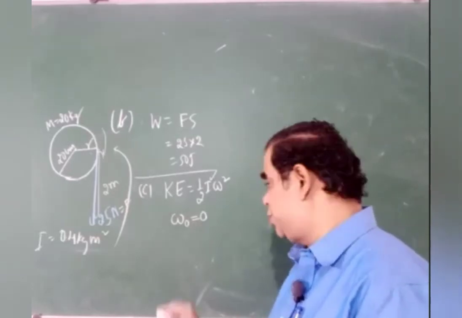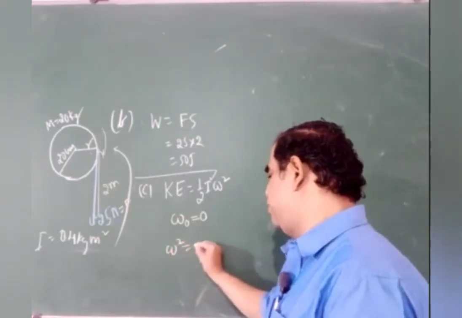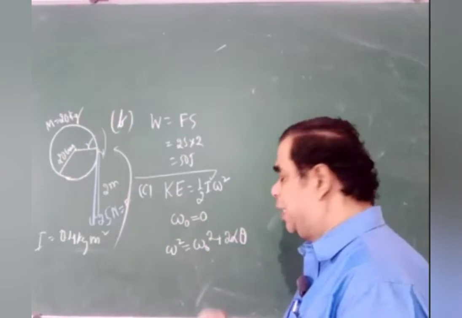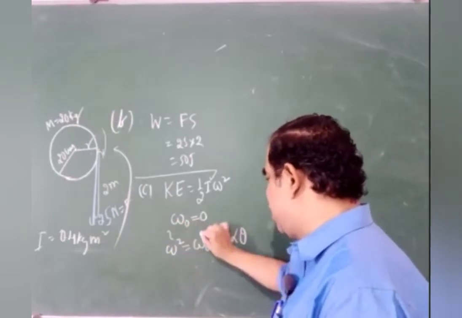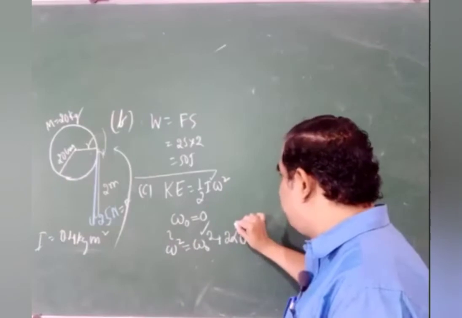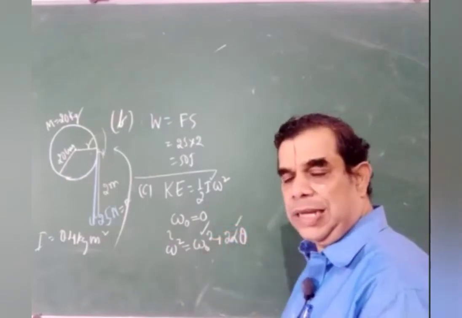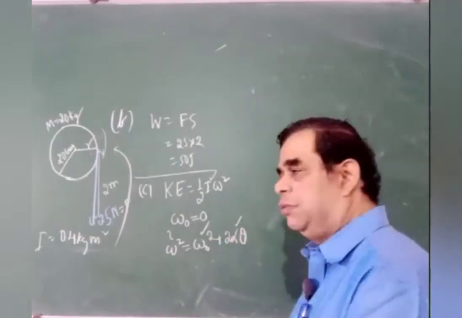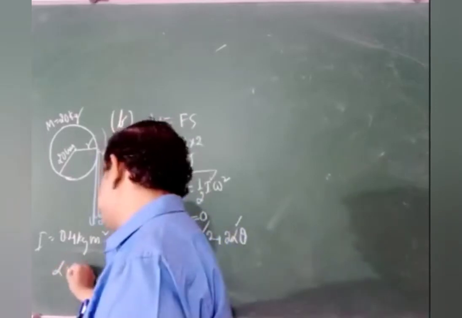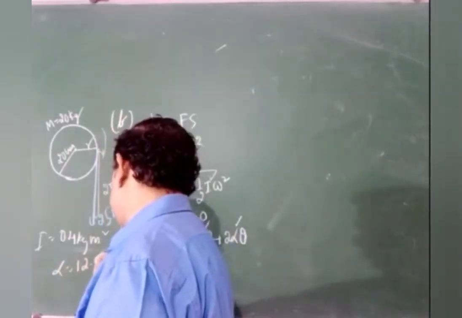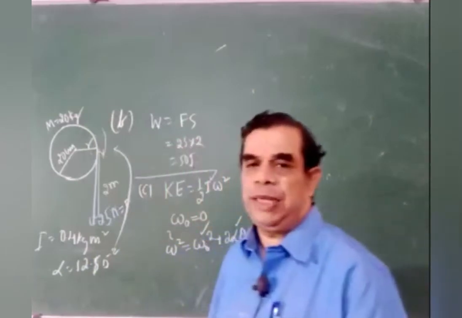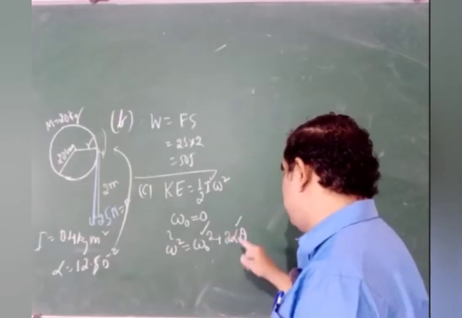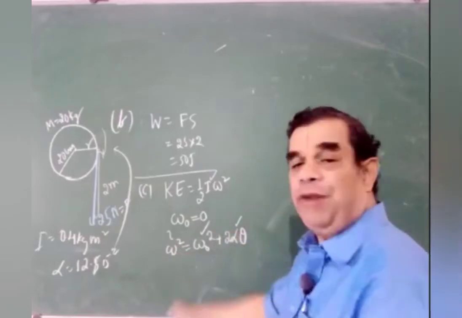Therefore, we take the third equation. How many unknowns do we see? Omega square equals omega naught square plus 2 alpha theta. Observe here. Omega is to be calculated, omega naught is known, 0. And alpha is already known. We calculated it. How much is alpha? Alpha we know. That I also write here, what we calculated: 12.5. Usually we write the unit like this, second to the power of minus 2, radian per second to the power of minus 2. So in 2 alpha theta, if you find theta, you can find the omega.